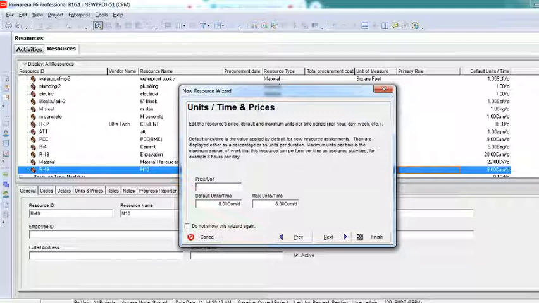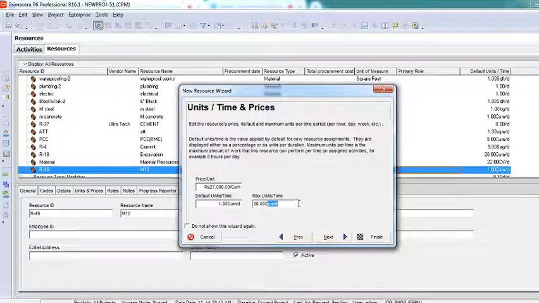Say that I'll add a cost of around 27,000, and by default there is only one. Maximum I can give, or I cannot say how much maximum you have. Either you can delete this off, you do not want this, or you can give some number just to say that per day I can use only this much.